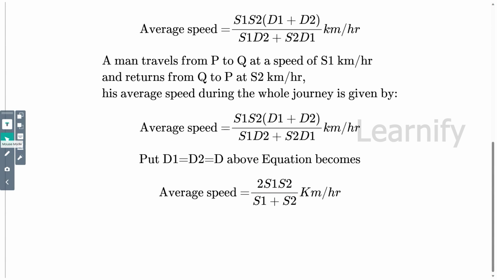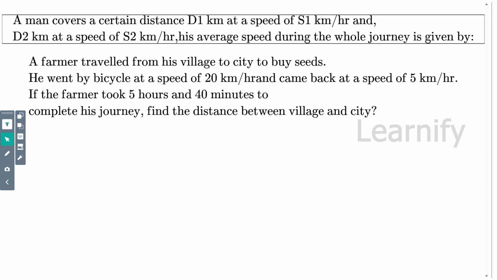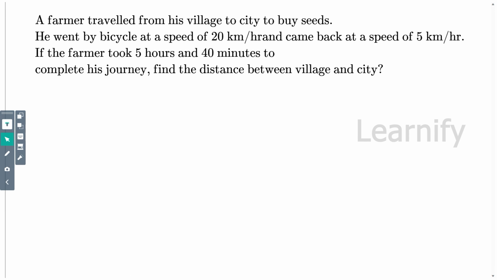Now, we will go to the problem based on these formulas. The problem is: a farmer travelled from his village to the city to buy seeds. He went by bicycle at a speed of 20 km per hour and came back at a speed of 5 km per hour. If the farmer took 5 hours and 40 minutes,